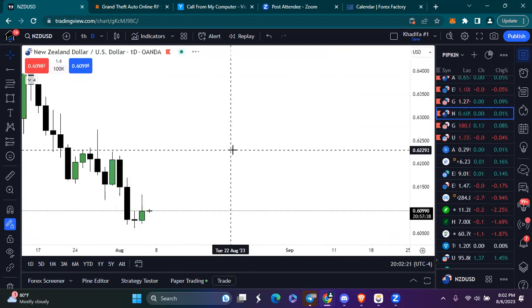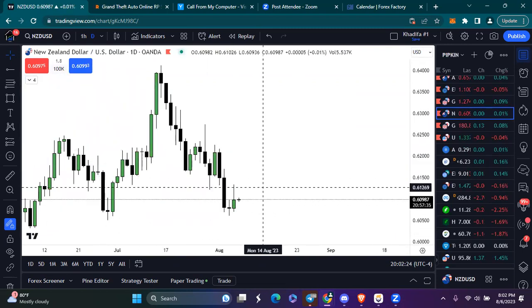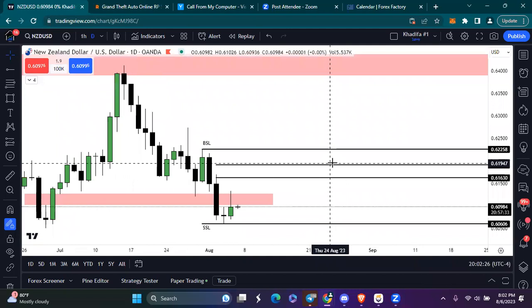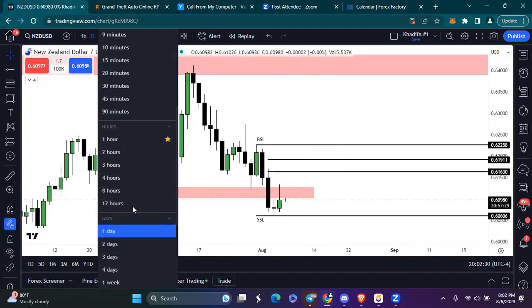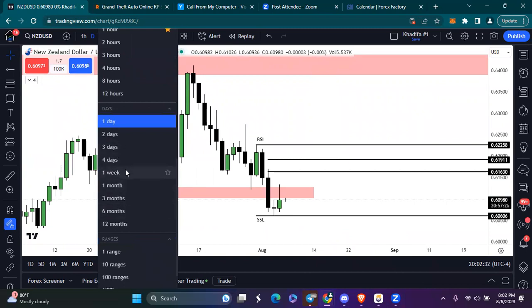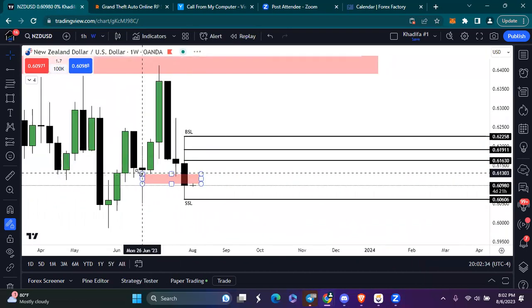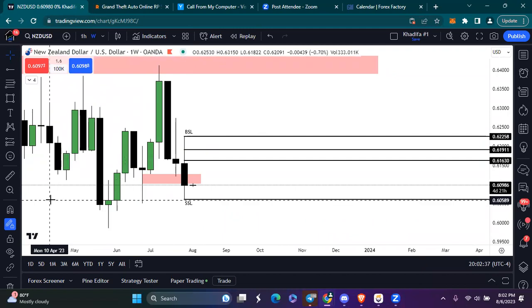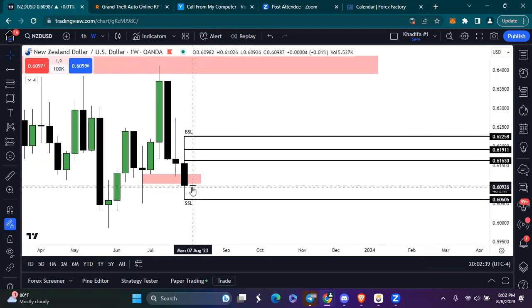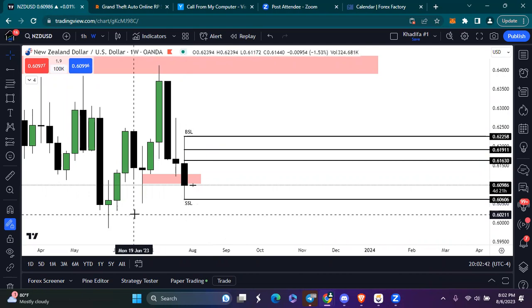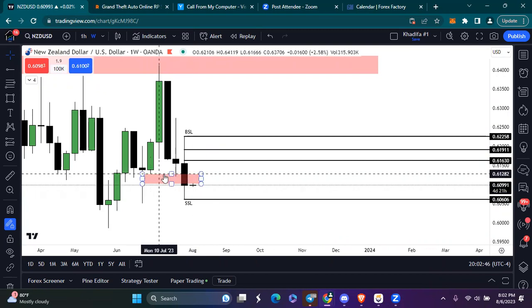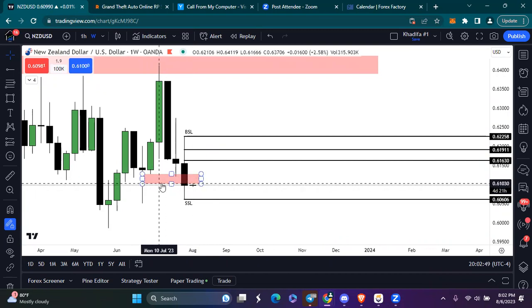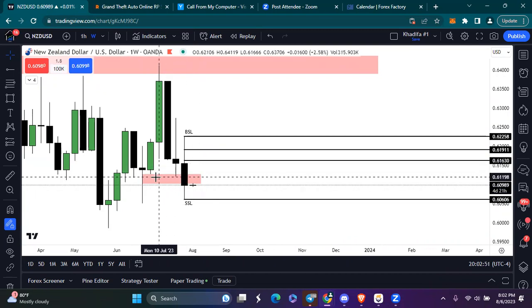And looking at our last currency pair that we trade, NZD USD. Let me go back to the weekly. Same thing as with euro and the pound. I am expecting us to expand lower to run last week's sell side liquidity. This pink shaded area right here that you see is